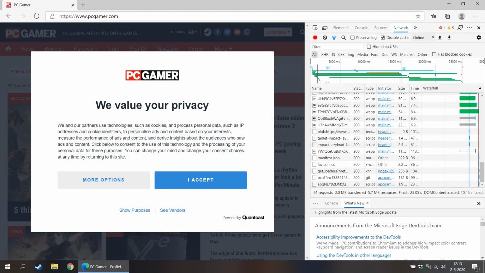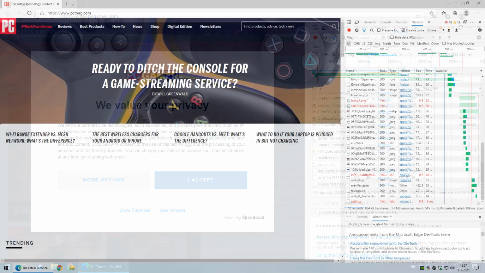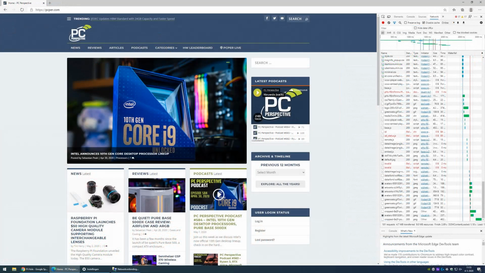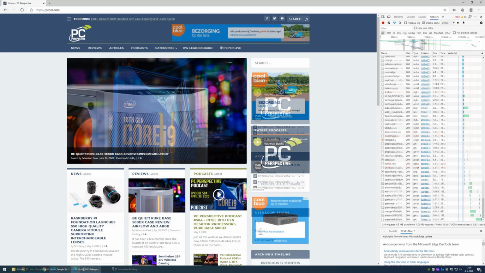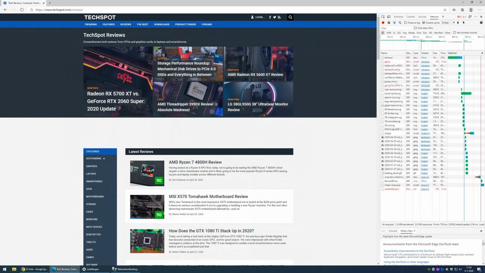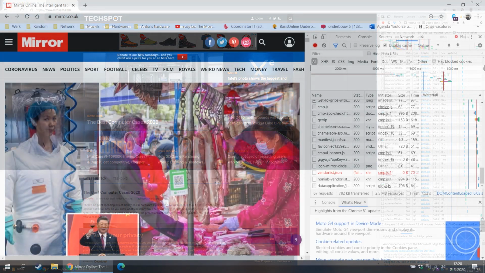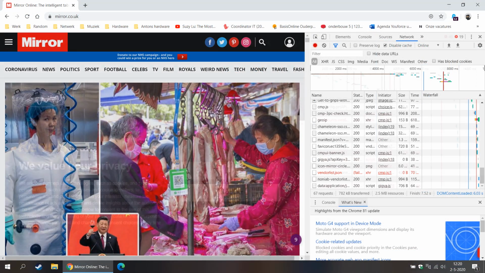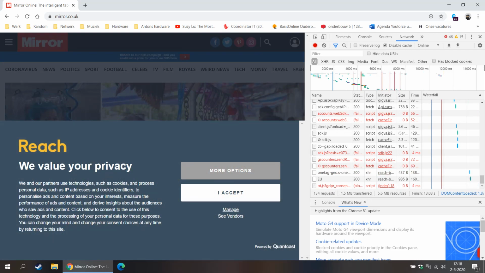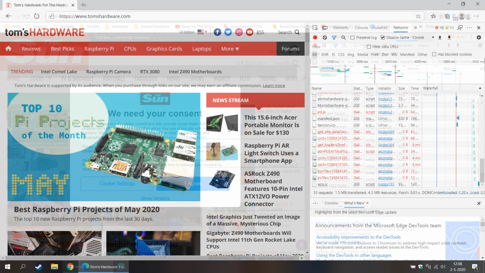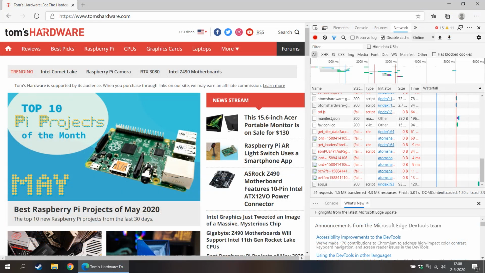You can see that you get a pop-up about your privacy. This is PC Mag with a Pi-hole, and this is without. This is PC Peer with a Pi-hole. This is without. You can see the ads there. This is TechSpot with a Pi-hole. This is without. Again, a pop-up about privacy. This is the Mirror with a Pi-hole, and this is without a Pi-hole. The Sun with a Pi-hole, without a Pi-hole, and this is Tom's Hardware with a Pi-hole